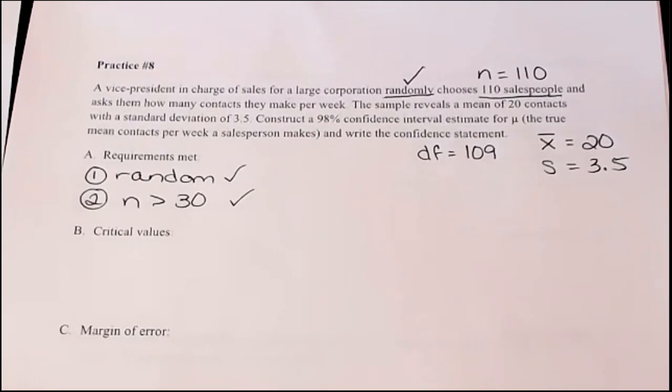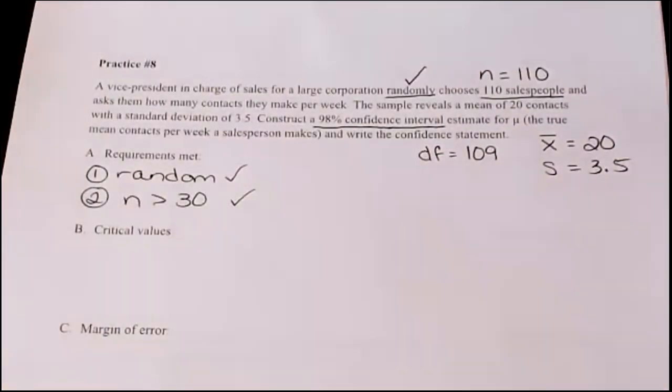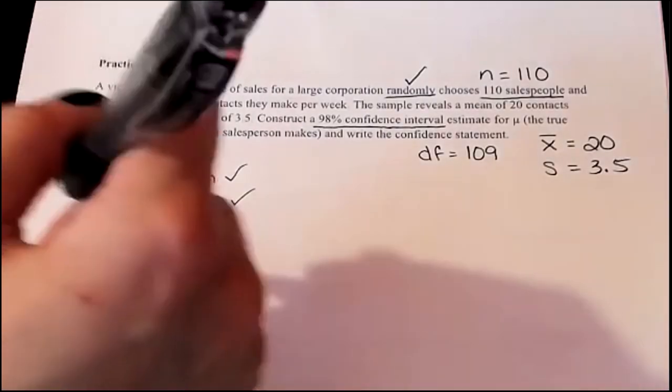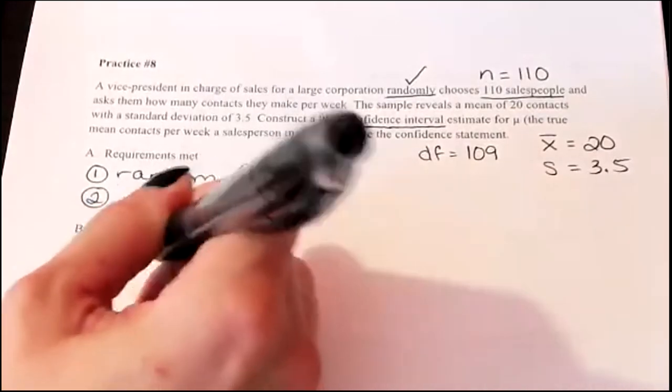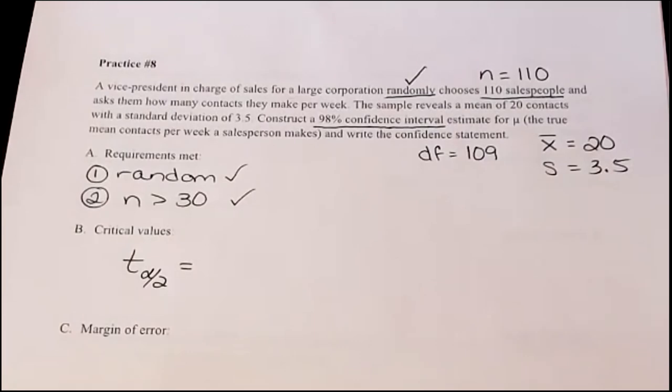Next, we want to look at the critical values. So you're going to go ahead and look at your chart, your T distribution. Notice we want to construct a 98% confidence interval. You know your degrees of freedom are 109. So taking a look at the chart, what do you see here is your critical value? Shout it out. 2.364. Yes, that is correct. So I'm going to show you the table in just a moment. We're going to use the notation that we were provided for writing the critical value, and that was